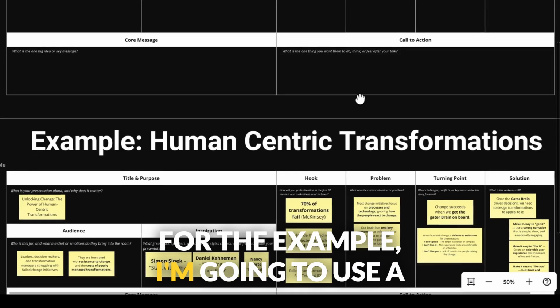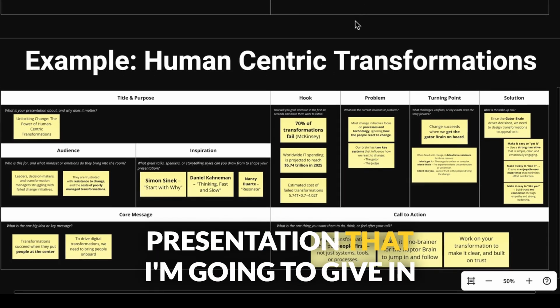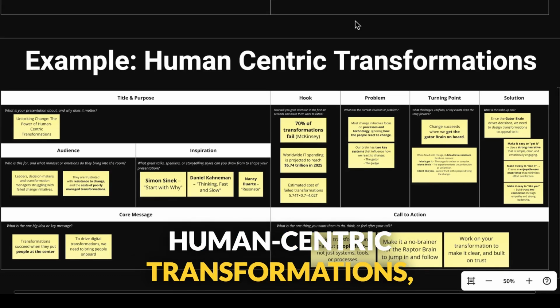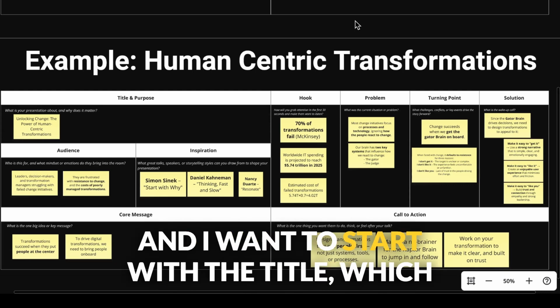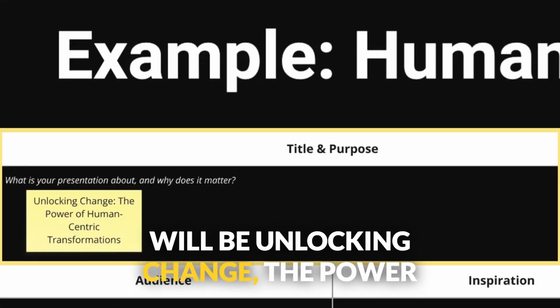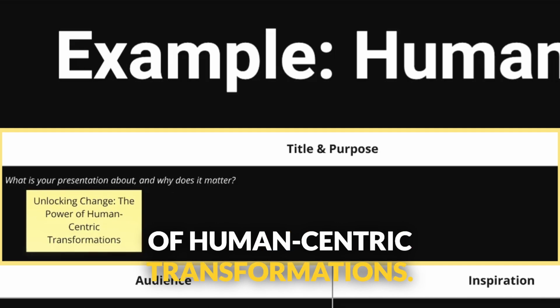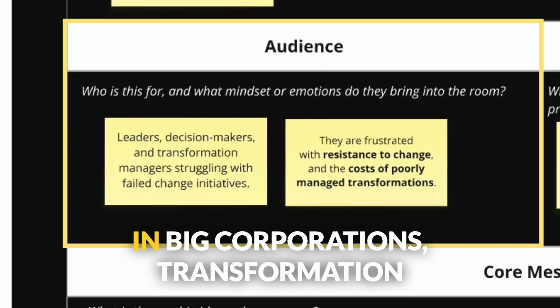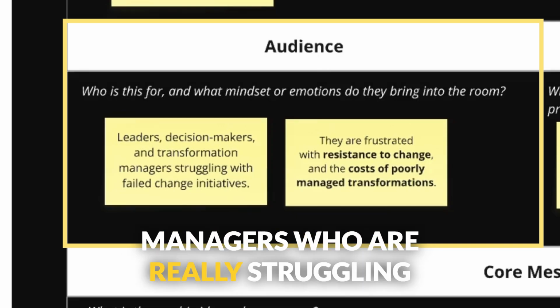For the example, I'm going to use a presentation that I'm going to give in September at one event, and it's about human-centric transformations. And I want to start with the title, which will be Unlocking Change, the Power of Human-Centric Transformations. My audience will be leaders and decision makers in big corporations, transformation managers who are really struggling to